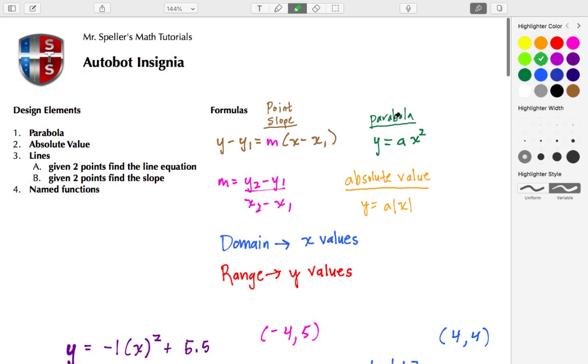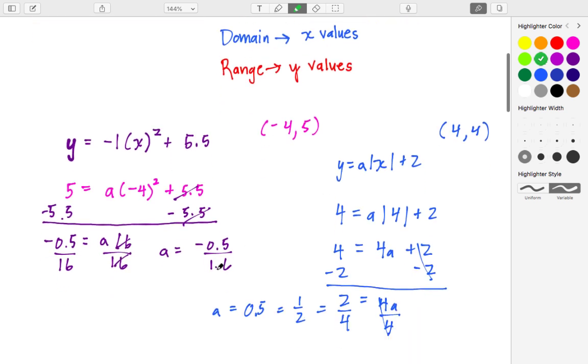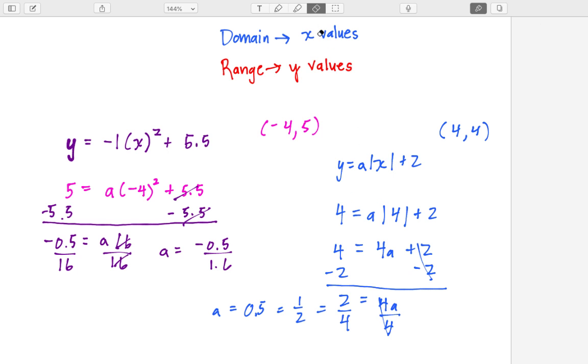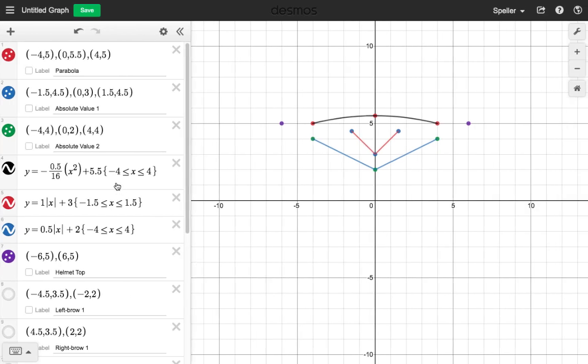Before we continue, I saw a couple of mistakes I need to fix. Down here I put 1.6 when it really should just be 16. So let's go ahead and fix that. Instead of 1.6, we actually want to put 16 here. And here, just to be more correct, I want to place a parenthesis. I want to move this parenthesis here and place the parenthesis there.